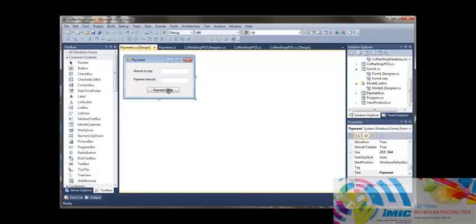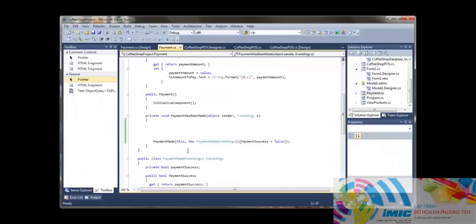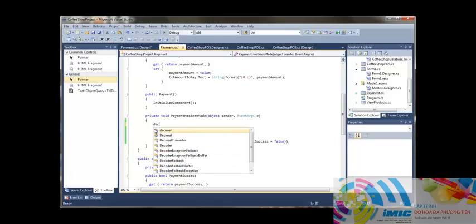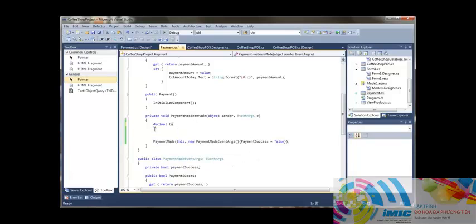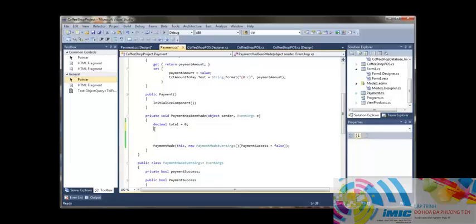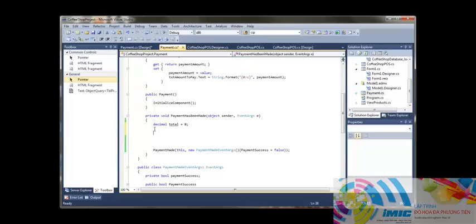First job is to go into the click handler of the payment button. So what we're going to do here is declare a decimal value, and I'm just going to call that total, and that's just going to hold how much they've got left to pay. I'm going to do a quick parse of the various text boxes, retrieve the values, and then hopefully do the calculation with them. So first thing I'm going to do here is say the total equals,